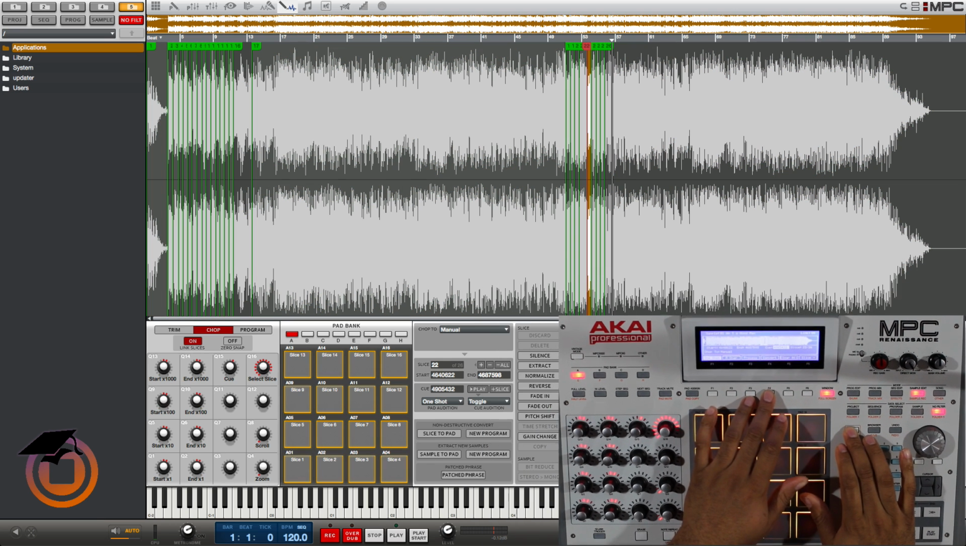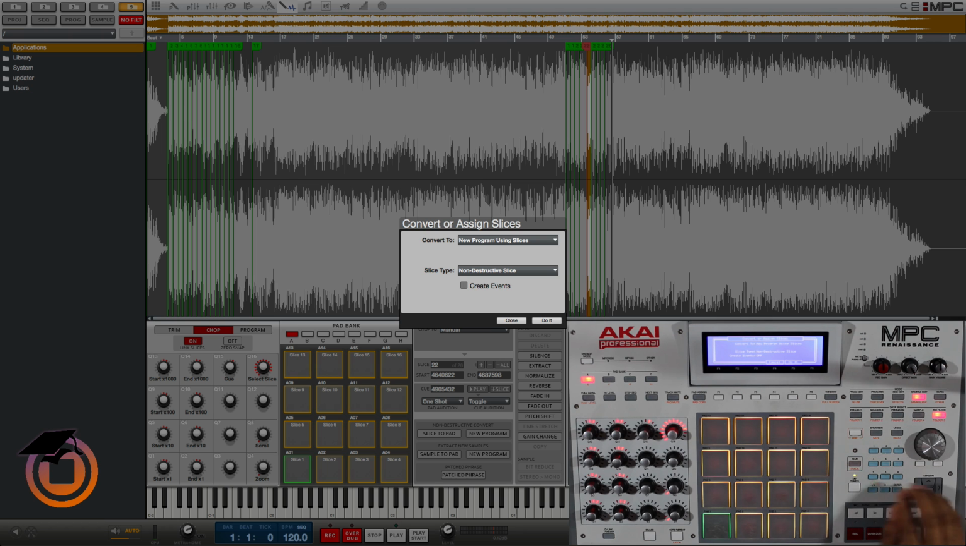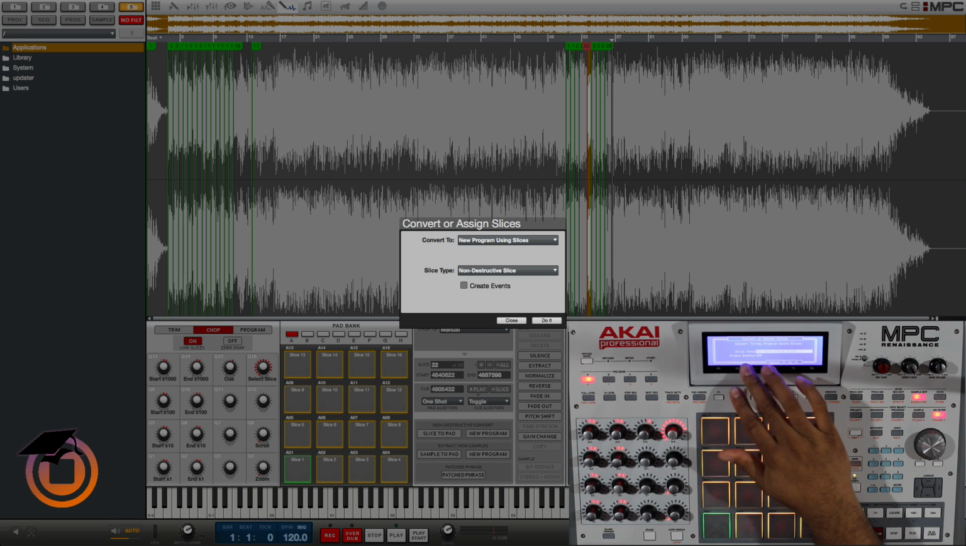So let's go to convert, and you can see I have a bunch of new program conversion options. By default, it's going to be on non-destructive chopping, which is new programs using slices. Slices refer to non-destructive, and if you see samples, that refers to destructive. By default, it's going to be slice type non-destructive slice, which is similar to JJOS style non-destructive chop, where it's going to have one sample with a whole bunch of slices embedded into the actual sample, and you can assign the different slices to the different pads in program edit, which I'll go over in a later video or